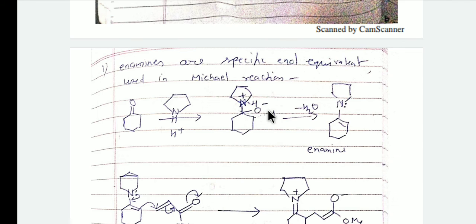After some time, the H is removed from this nitrogen atom as a proton and attached to this O minus, so OH is formed here. OH and H are liberated as minus H2O from the molecule, and a double bond is created between this carbon and this carbon atom due to liberation of the water molecule. So here a covalent bond is formed and the double bond is formed here. So we can say the enamine is formed here.